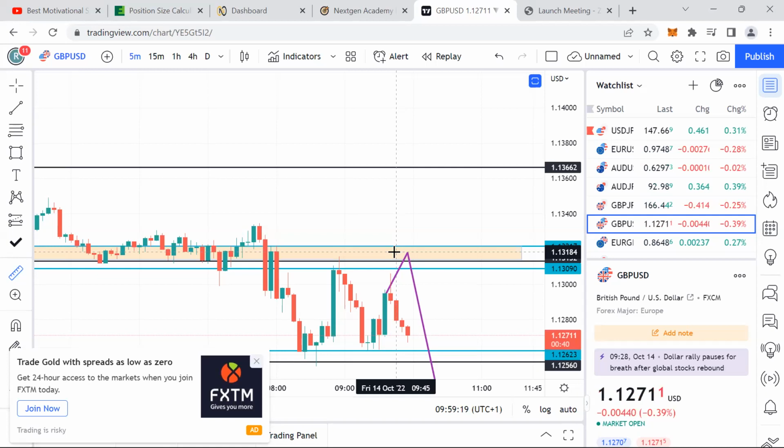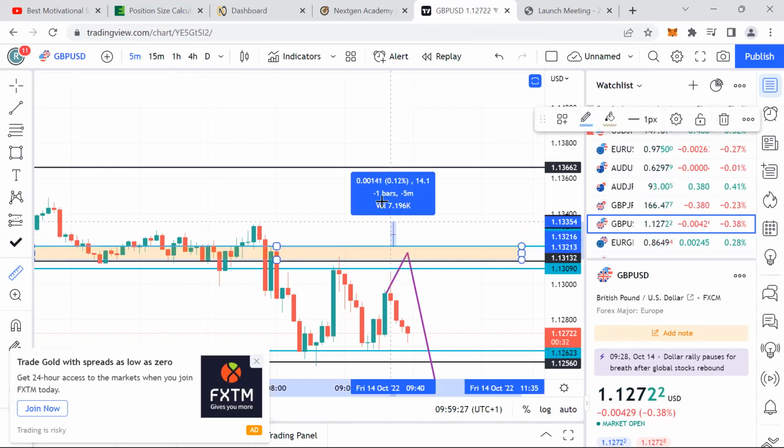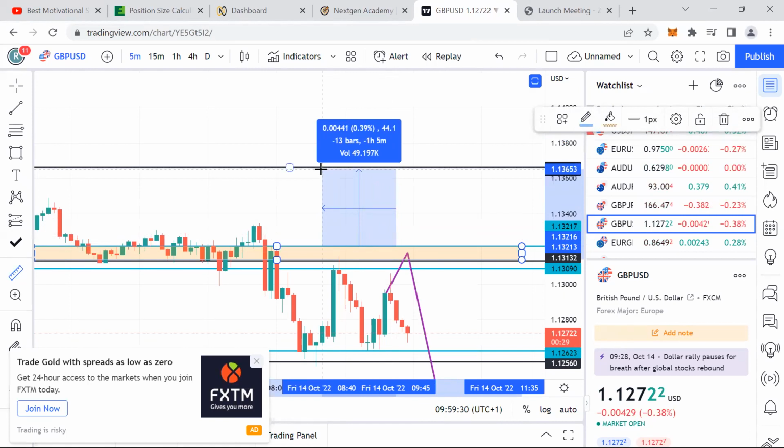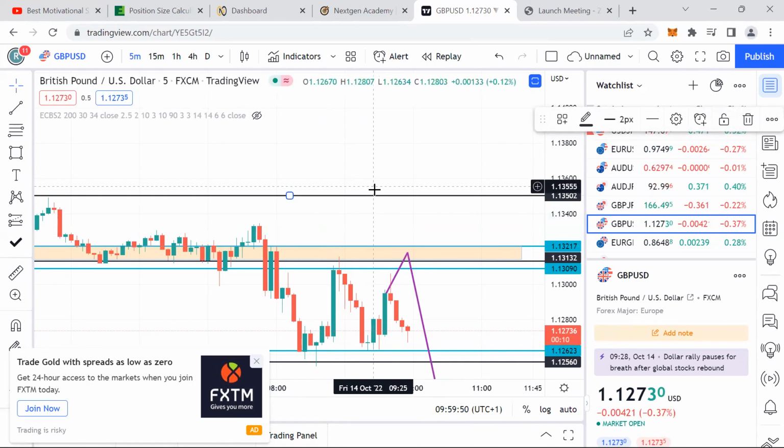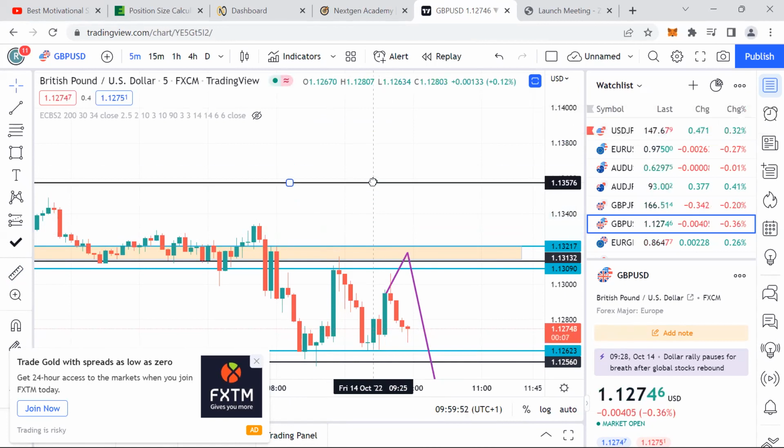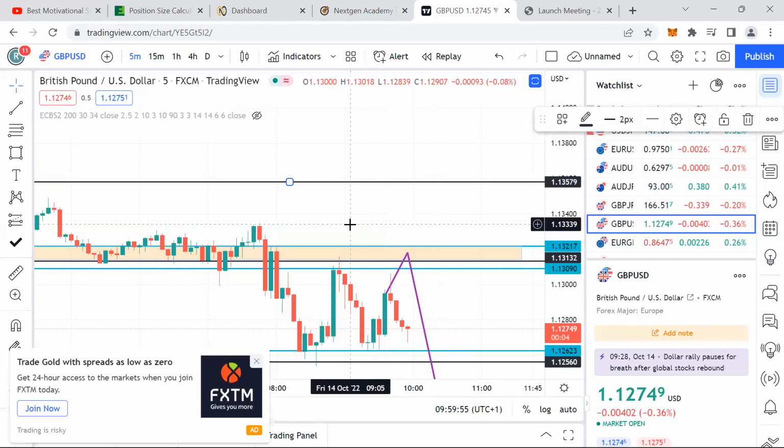All right. So let's say you entered at the middle of this, or let's even take the upper area. From this upper area to the line is 44 pips. So our stop loss, we say, should be between 30 and 40, but this is not so much out of range. Hey, you made me shift the line. So now that we know that our stop loss is 45 pips,